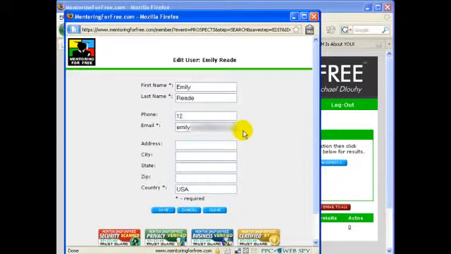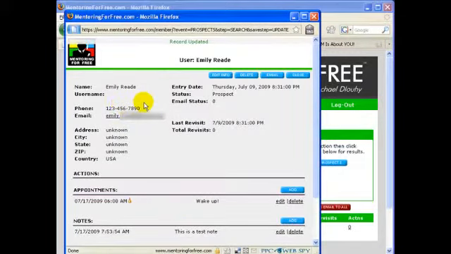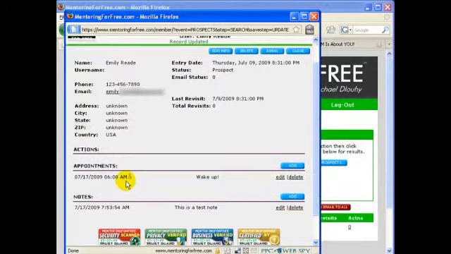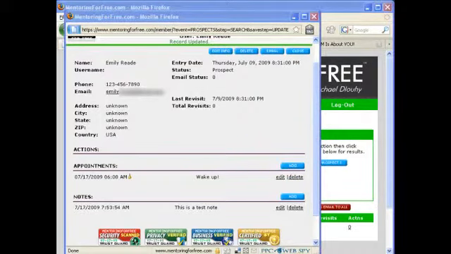So let's do. So you can see it's added the phone number. If there's any actions, for example, an ebook download, etc., they'll show up under here. You can also add appointments. If you use the Mentoring for Free Pro Office as your calendar, you can say, let's add an appointment,